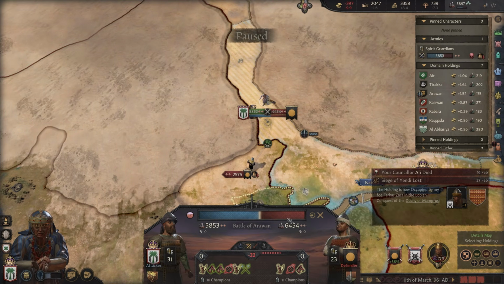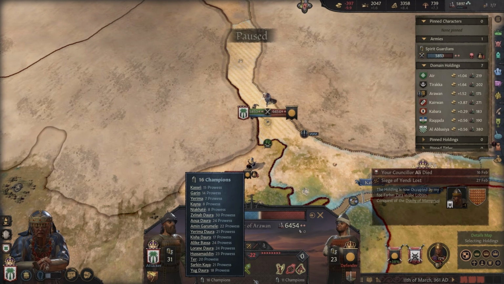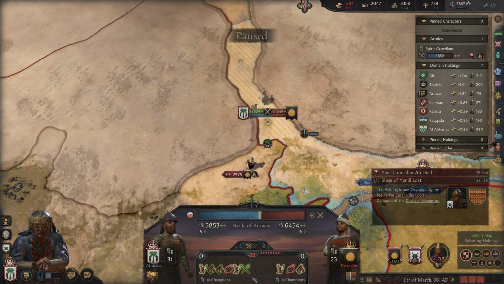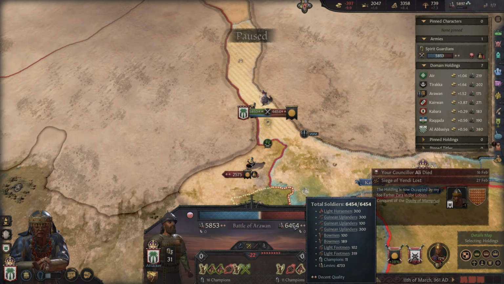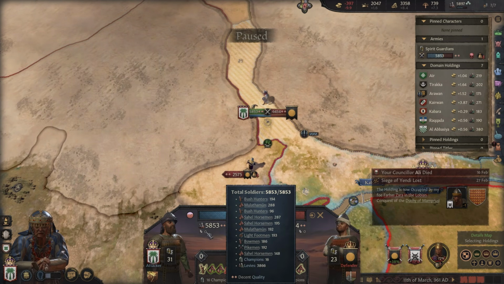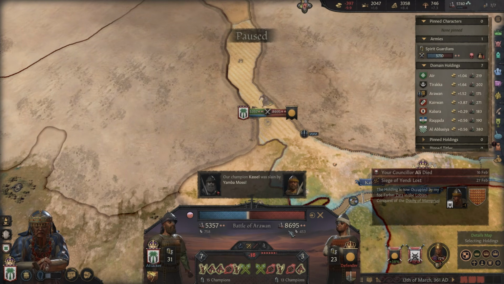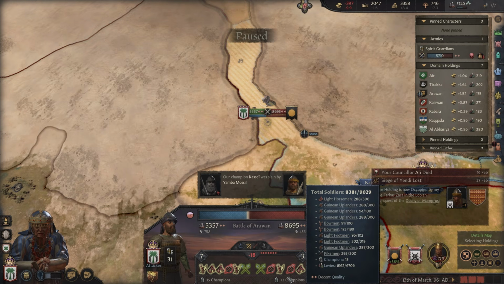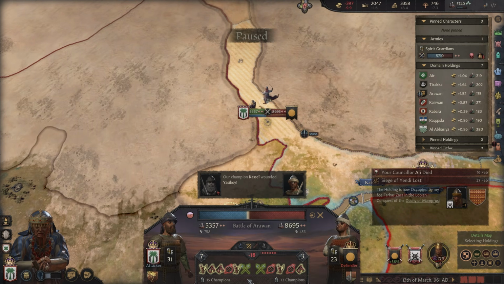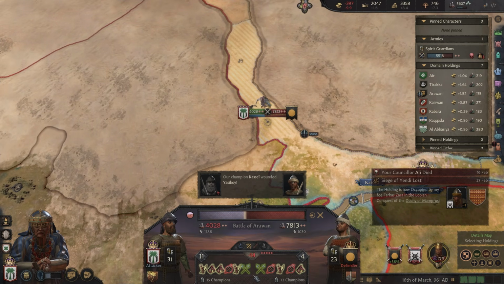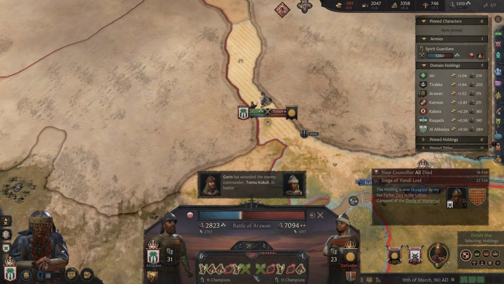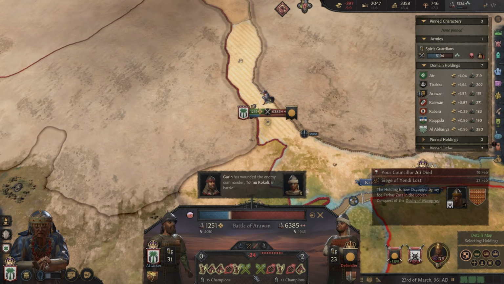Okay, so they're adding more troops, but they still don't have the level of champions that we have. And we have more men at arms, I think, because a lot of theirs are levies. 4,000 are levies, 3,000 of ours are levies. They are going to win because they have more troops now. Yeah, they have 6,000 levies. Their champions are still not good, but yeah. We're going to lose due to numbers.